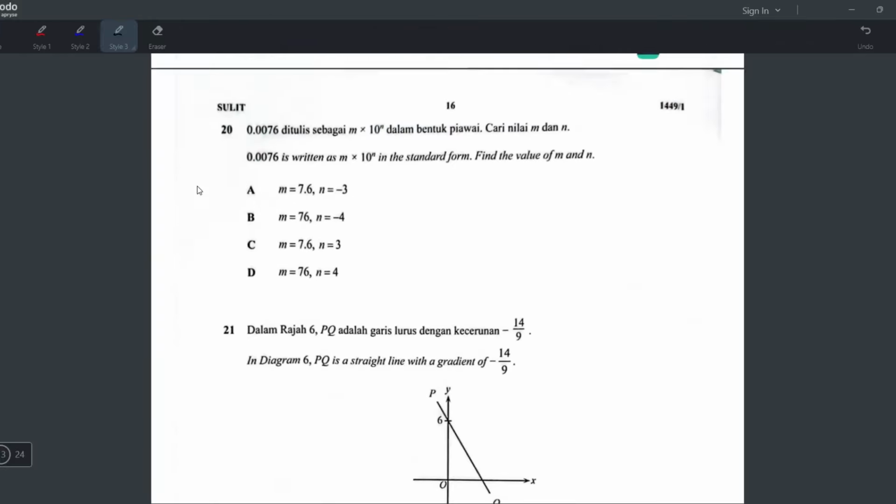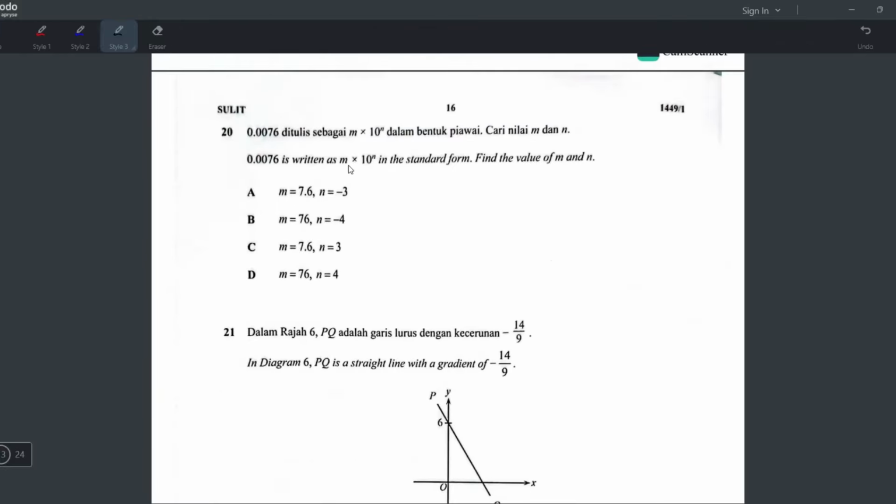Okay, number 20. 0.006 is written as m times 10 power n. This one is called standard form. In the standard form, find the value of m and n. If you want to convert to standard form, you have to move the decimal point to make sure, like, how to say,